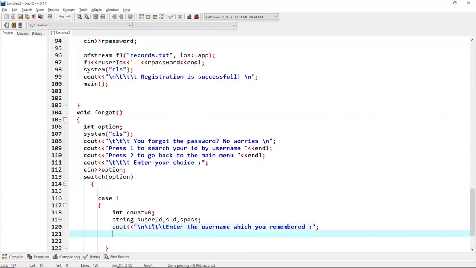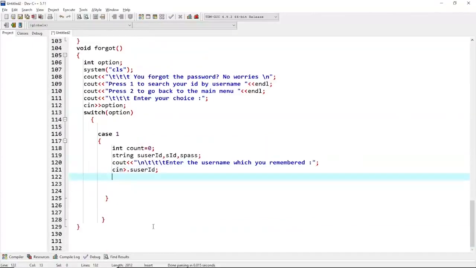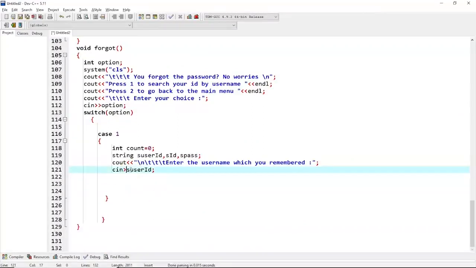Alright, now we will take the input from the user as userID. So once the user entered the username, then we will check that if that username exists in the file using the ifstream object. As we know, ifstream is used when we want to read from the file or check from the file. So we'll create the ifstream class and the object name would be f2